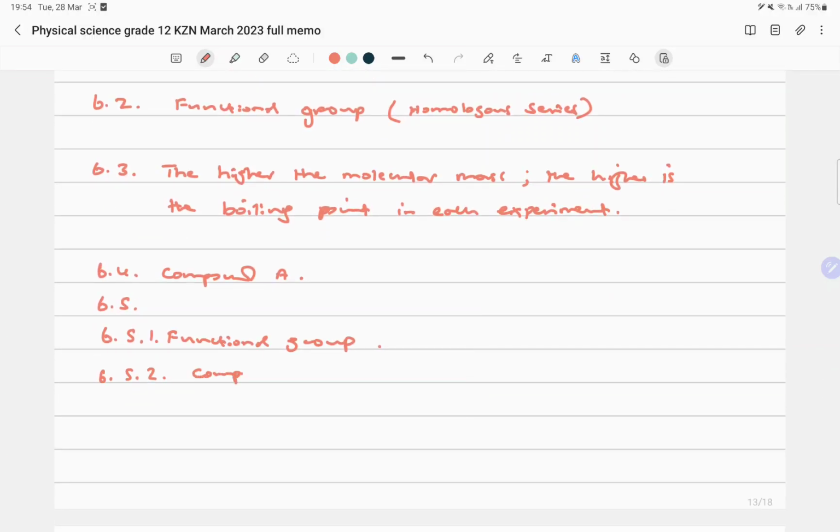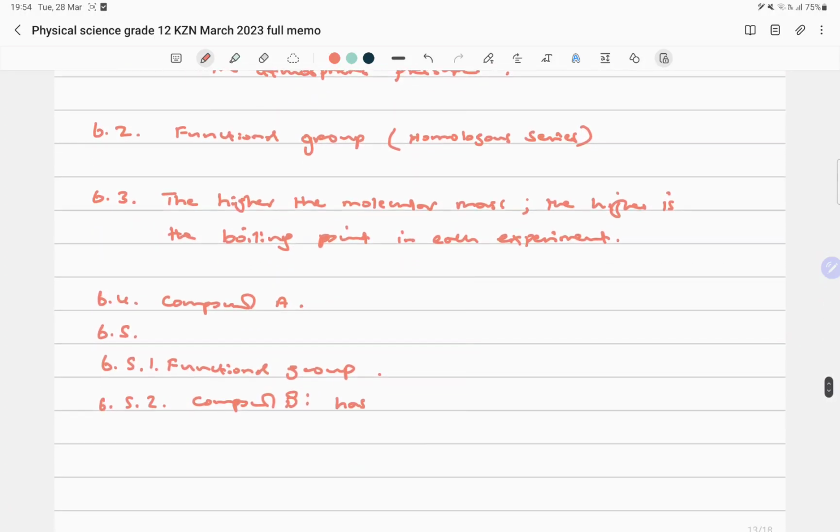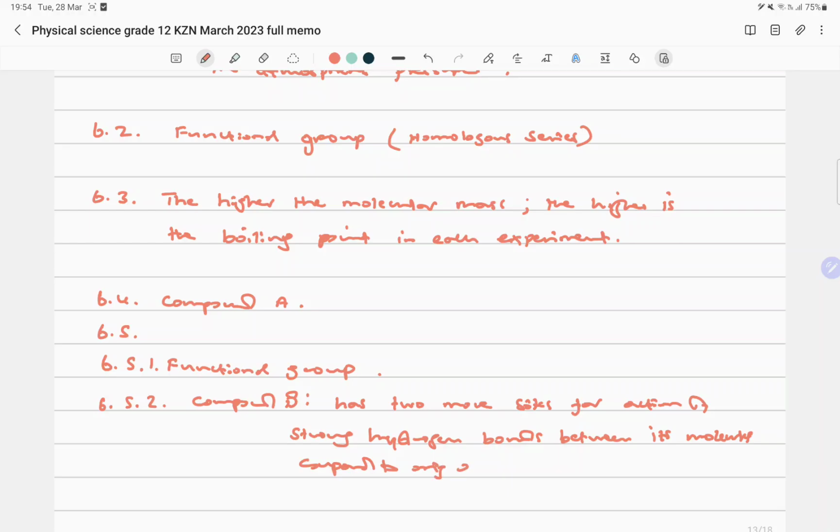So we can just say compound B has two more sites for action of strong hydrogen bonds between its molecules, compared to only one site in compound D. So compound B has two more sites for the action